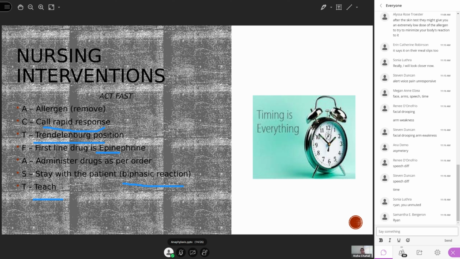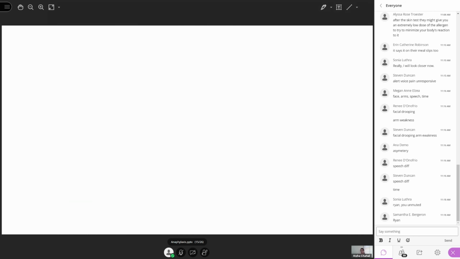And the last one is teach. You have to do a really good teaching after they have one allergic reaction, right? They are going to be able to manage it by themselves later on. So act fast. This is a little mnemonic, not in sequence, but what are your interventions that you can do